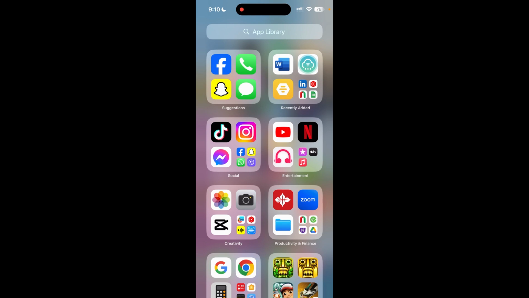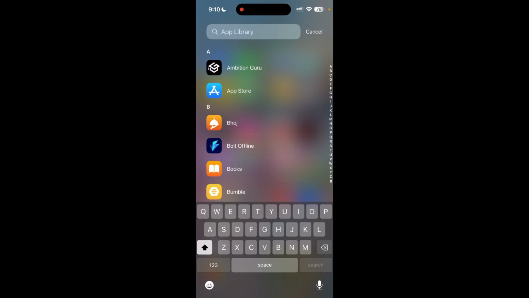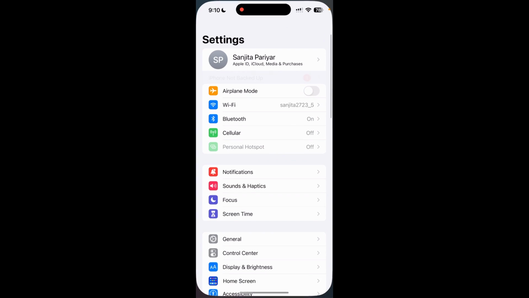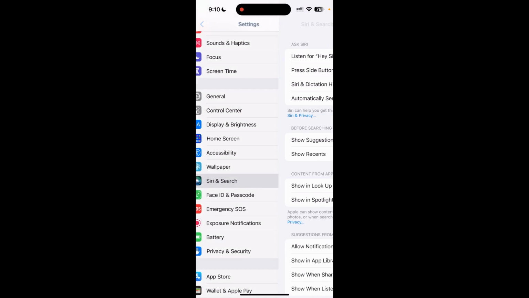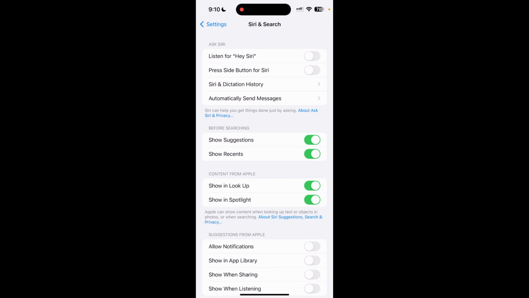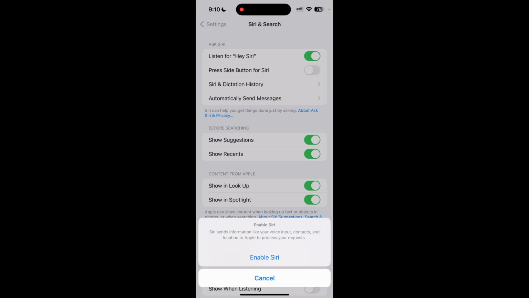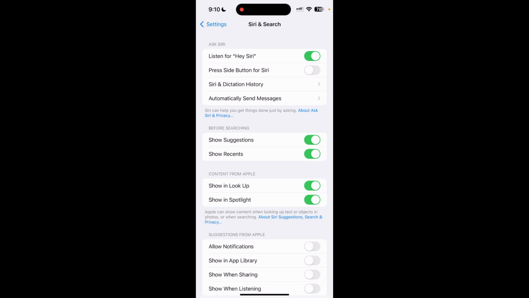Today I'm about to teach you how to set up Hey Siri on iPhone. So it is going to be a very simple and easy step-by-step tutorial. To do this, firstly you need to go to your settings, scroll down, click on the Siri and search. So here is your option, listen to Hey Siri. On the option, enable Siri,